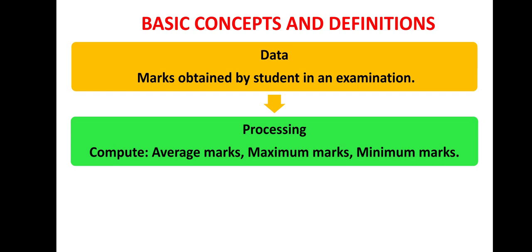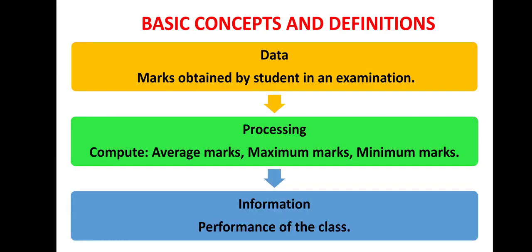Compute. Now your class teacher does the totaling of the marks of all the 6 subjects. The average mark is calculated, the maximum and minimum mark is also calculated. Now the processing happens. The processing happens in the class teacher's place, and then finally after completing all this information, the total, the average, and then finally the report card is ready.